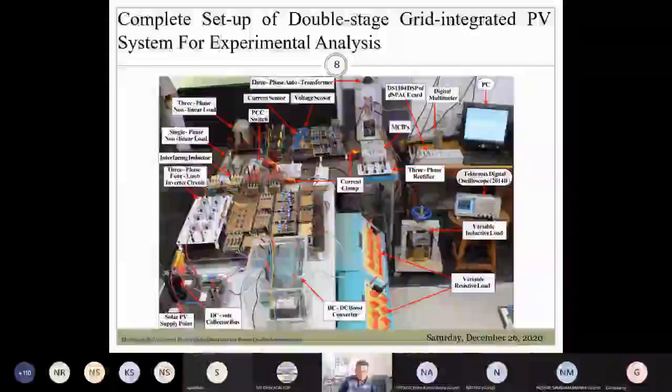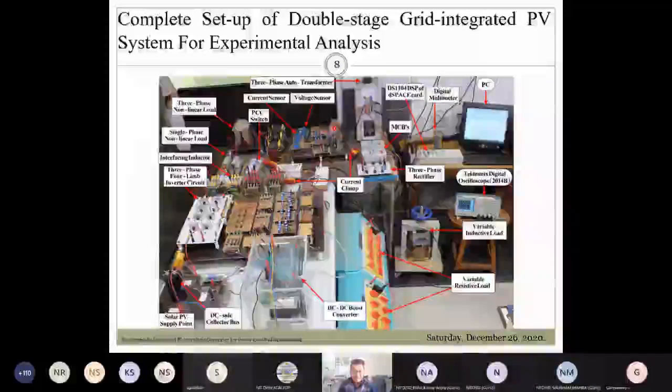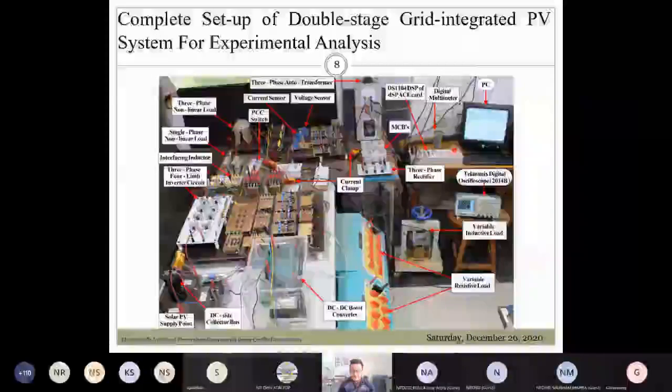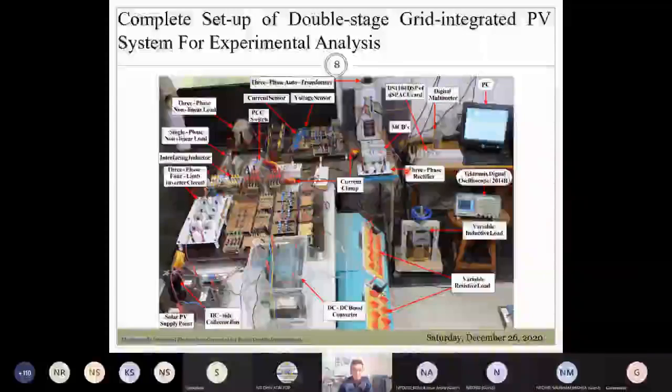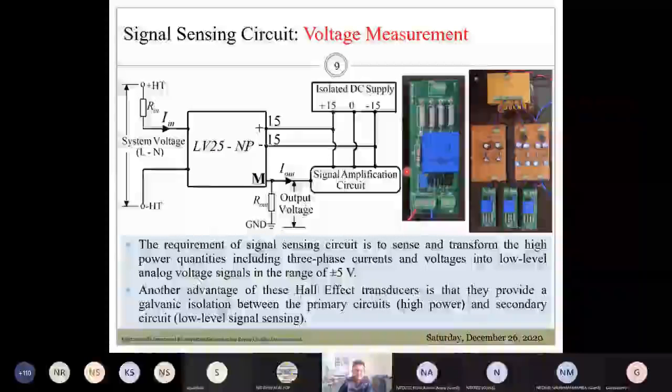So this is the DC bus, then after this, the inverter, which is a three-phase 4-legged inverter. This is your sensor configuration, and this is your DSpace 1104. I'm skipping these parts as they will be discussed on Monday.